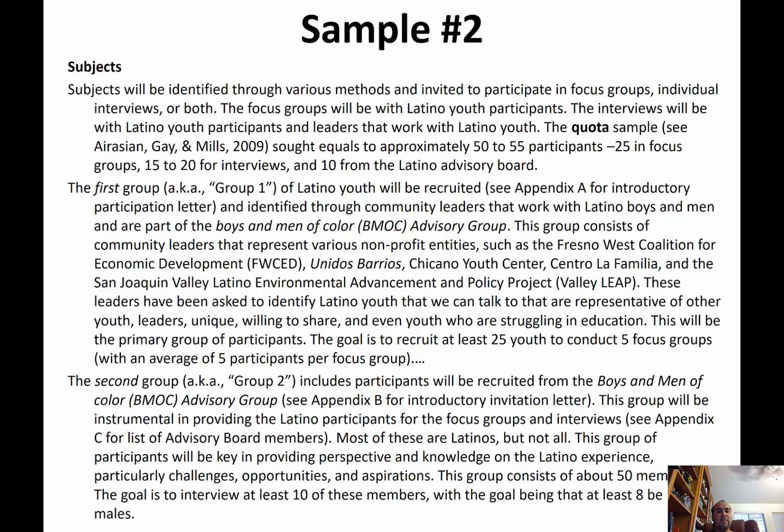And here's another example of sampling. Here I use quota sampling, and you can sort of read this, and you can also pull down the PowerPoint slides and read it to see how you write one of these sampling sections. And you'll need this actually for your final project, which